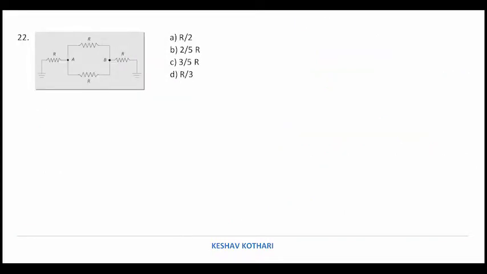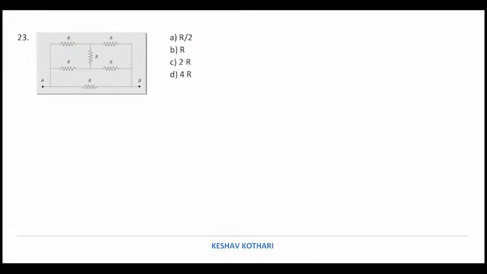So we have to find effective resistance between A and D for this circuit. So as the left and right hand segment are earth, they are not going to contribute for any value of resistance, and the two are in parallel with each other. So the effective is going to be R by 2. Let us move to the next question.